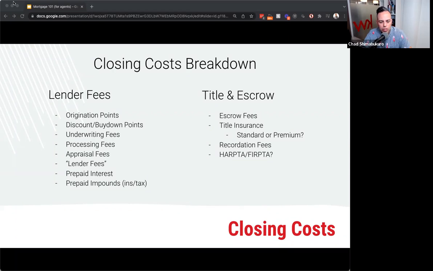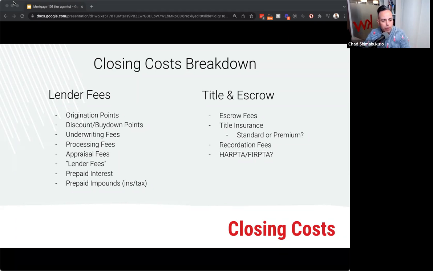There's prepaid interest. Prepaid interest is, so if you close a loan, what's today's date? The 8th. We close today. My next payment is not due April 1st. So on any mortgage, if you closed right now today, your payment is not due on, in this case, the 1st of April. It'll be due on May 1st. Right? But there's still interest to be had.